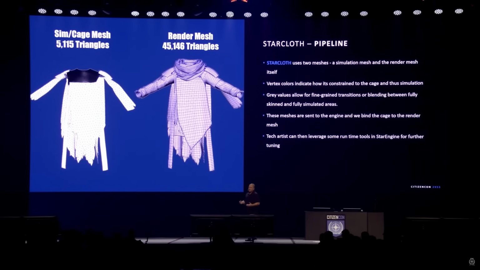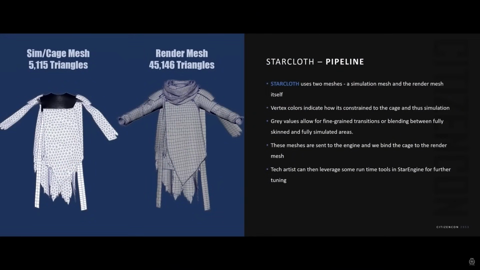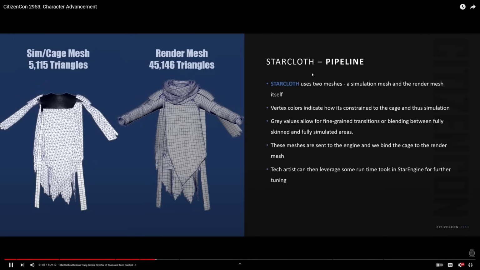All right, so how's it all work? Well, cloth uses two meshes, a simulation mesh or cage, and the render mesh itself. So vertex colors indicate how it's constrained to that cage, and thus the simulation. So for example, black vertex colors indicate a full constraint. Basically, it follows the skinning. White vertex colors indicate unconstrained vertices. So the movement is determined entirely by...